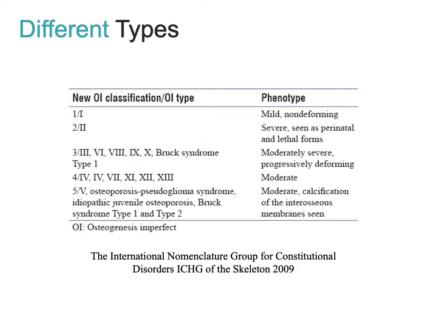While the types of OI that were defined back in the 1970s and throughout the years of research afterwards are still being used today, recently scientists have grouped these different types into 5 different groups based on the severity of their phenotypic issues. Still, type 1 is that mild case, and type 2 is the most severe case, the most lethal cases, whereas 3 through 5 are the more moderate cases that lie on the spectrum of severity.